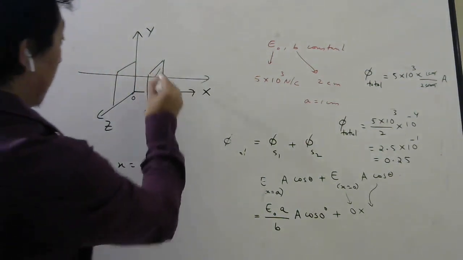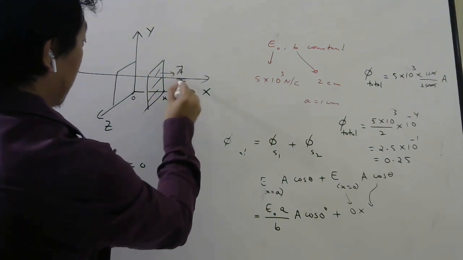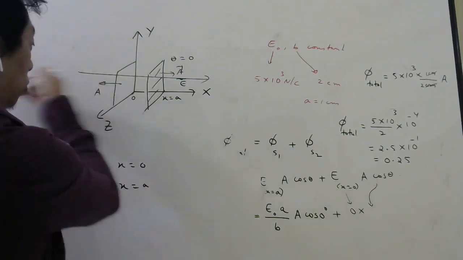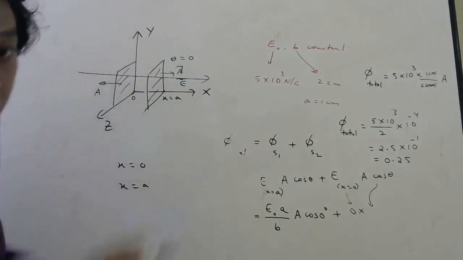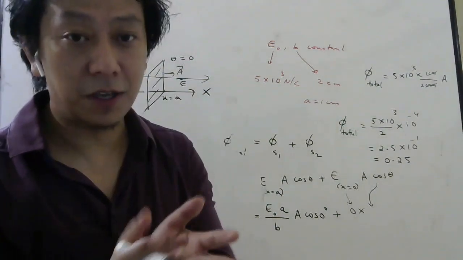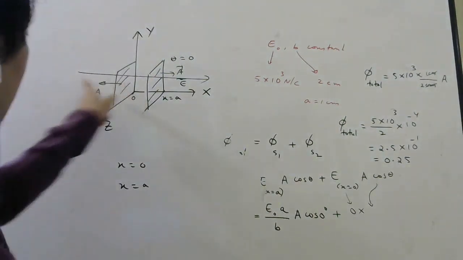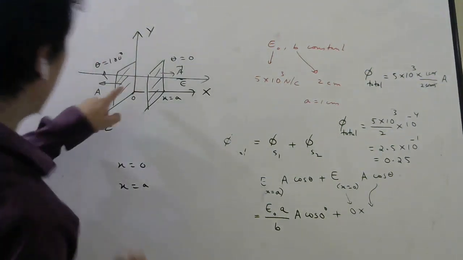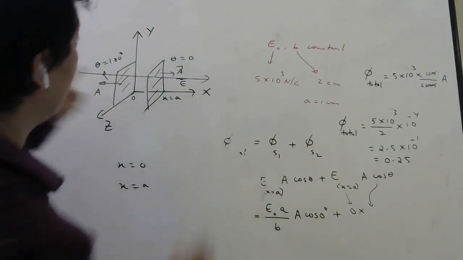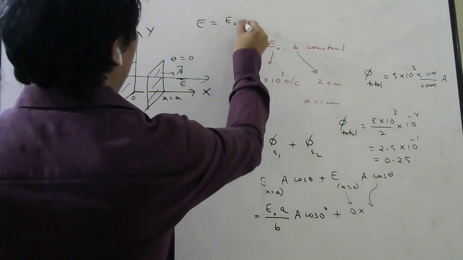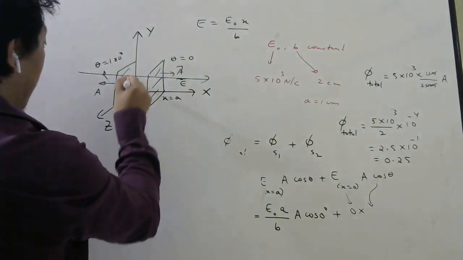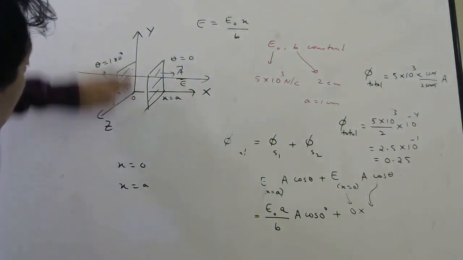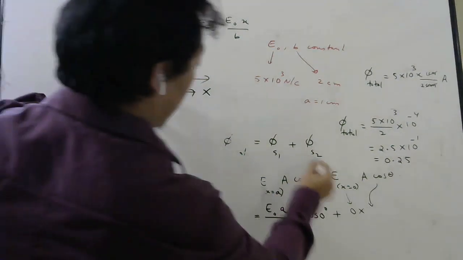So for this surface, area vector will be here, electric field is here, angle is 0 degree. But for this surface, the area vector we always draw outward, perpendicular. If it is a closed volume, closed surface, area vector we always draw outward. So electric field is along x-axis, so here the angle will be 180. But here your x was 0 for this surface. And since electric field was given to be E naught x by B, since at every point here x is 0, electric field everywhere here is 0. So this part had no flux. So flux through the second surface was 0.